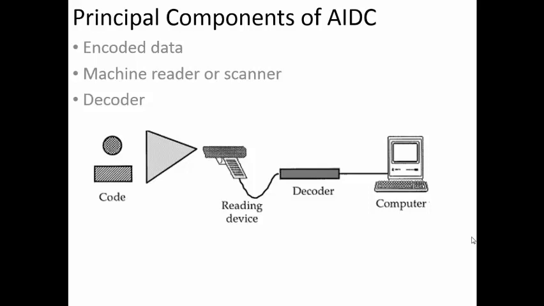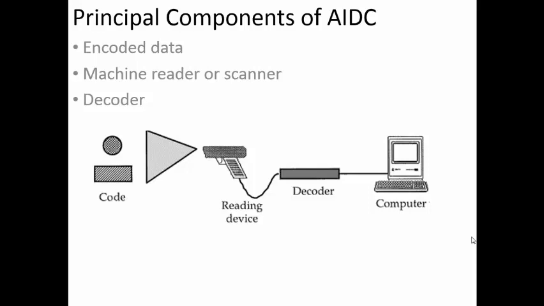Now the code is not only a barcode; there are different types of codes available. Basically the code will tell something about the component or some information related to the process, or it may be related to something else from where we want to capture the data. If we are talking about the material handling system, it may be the number of that particular pallet. Depending on how many machines it has entered through, we can update the data telling it has completed so many operations, and we can send it to the next machine appropriately. So in this way the encoded data can be used.